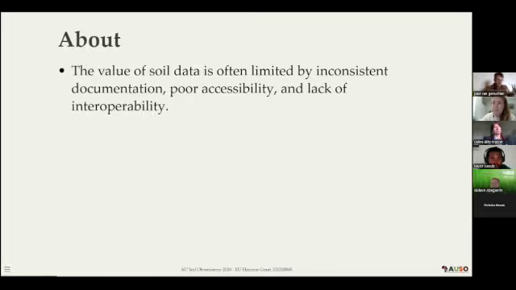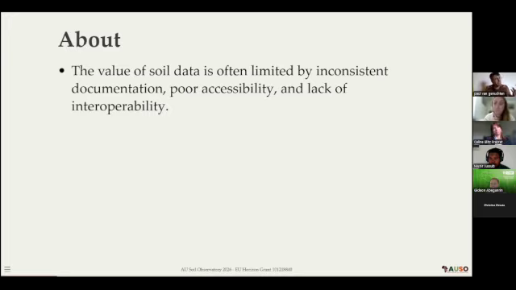So what is this all about? The value of soil data is often limited, mostly due to inconsistent documentation or poor accessibility. And then on top of that, there's a lack of interoperability because many of the institutes have their own procedures to either collect the data or work with the data.